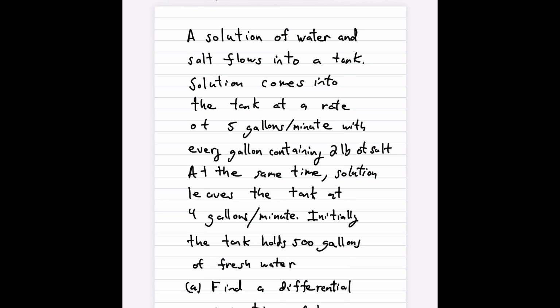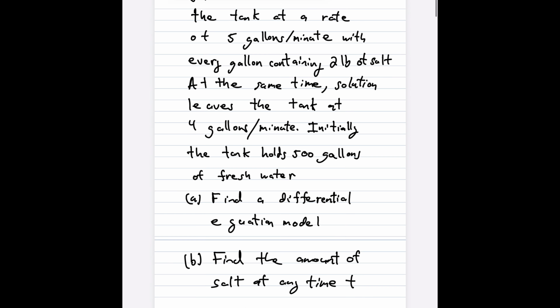Just to recap from part 1, we worked with this equation right here, which was about a solution of water with salt in it coming into a tank. It flowed in at a rate of 5 gallons per minute, and every gallon had 2 pounds of salt in it. At the same time, water would come out at 4 gallons per minute, and the tank held 500 gallons of fresh water. In the first part of the video, we solved for the actual differential equation model. Today we're going to go over solving for parts B and